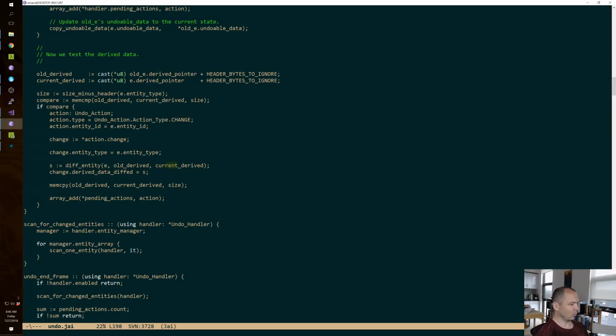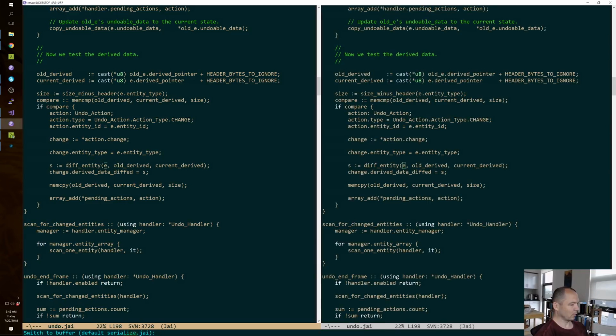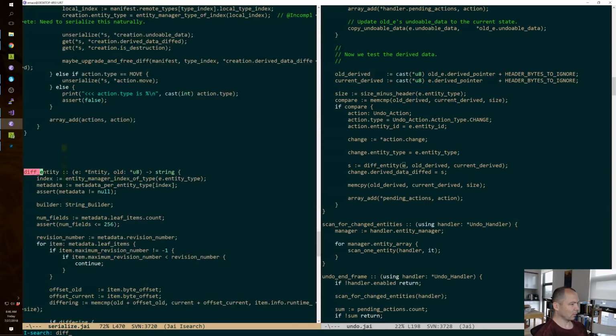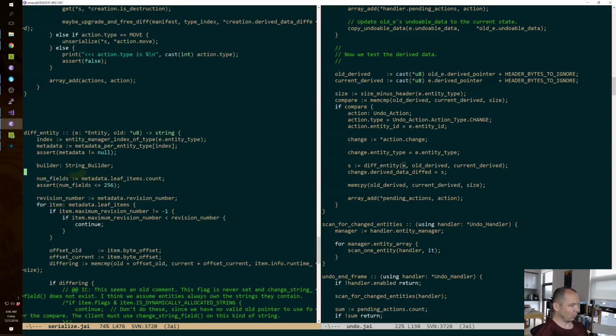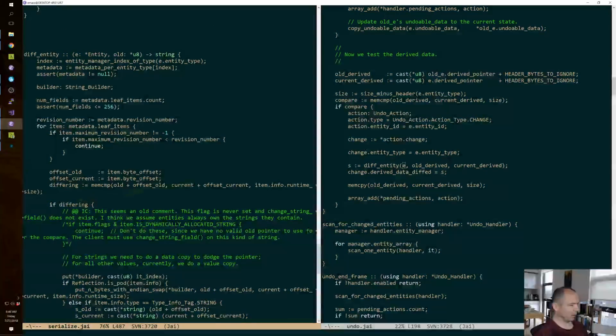Wanted to, so we pass the entity, but the derived data pointer. That's a weird API, but